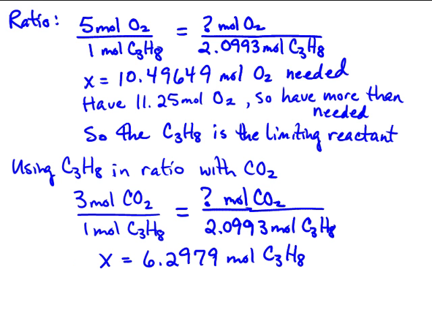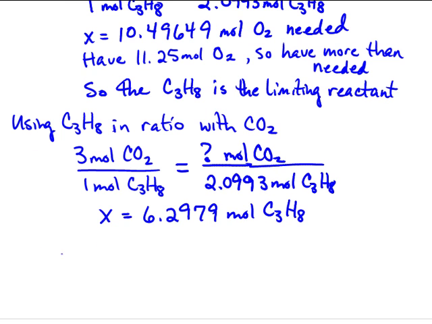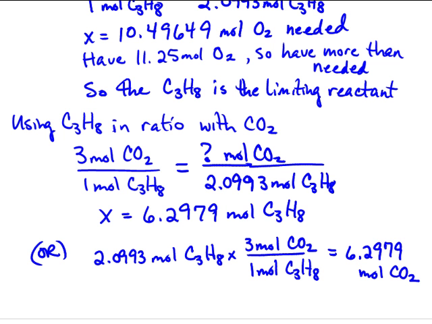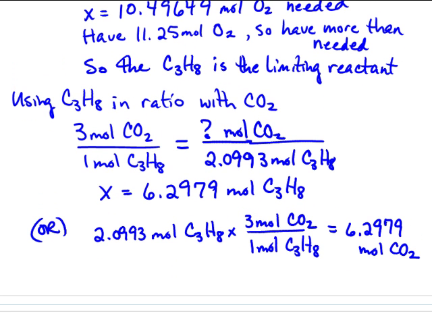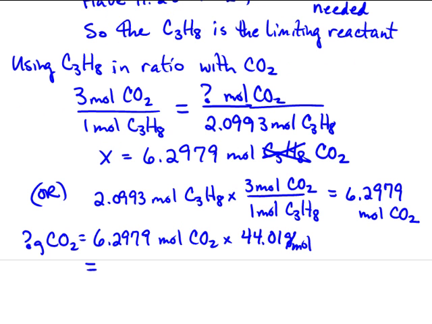Alright, another way of doing this is to use my available propane moles and multiply by the mole-mole ratio. Either of those two methods work. Now that is moles of CO2 and I need it in grams, so multiply by the molecular weight. And from that I get 277 grams of CO2 formed with the